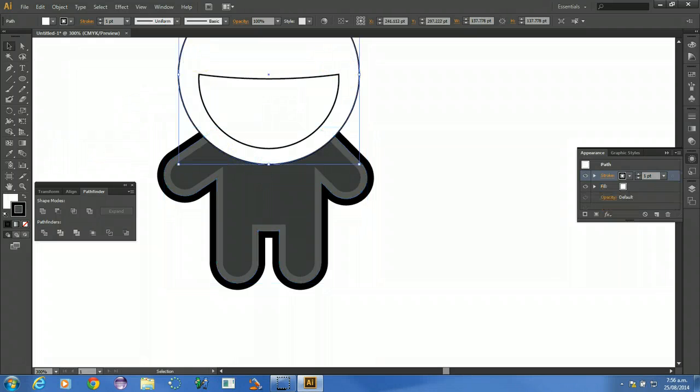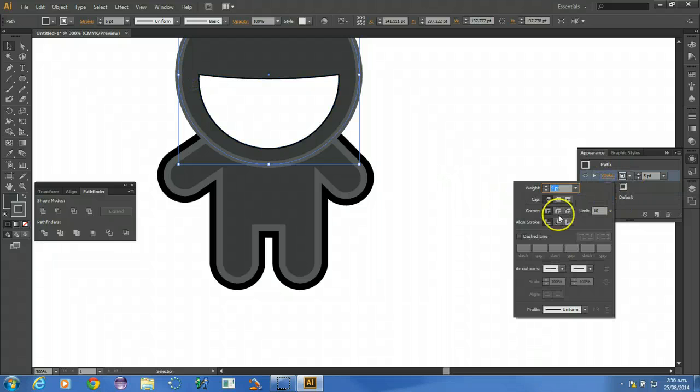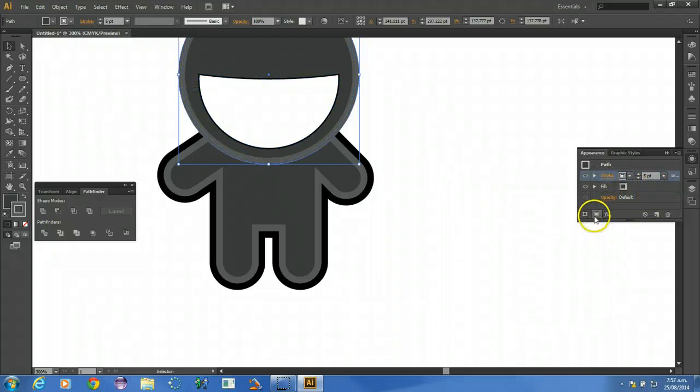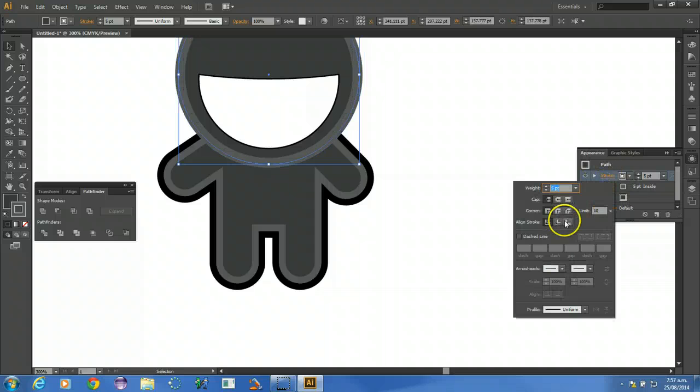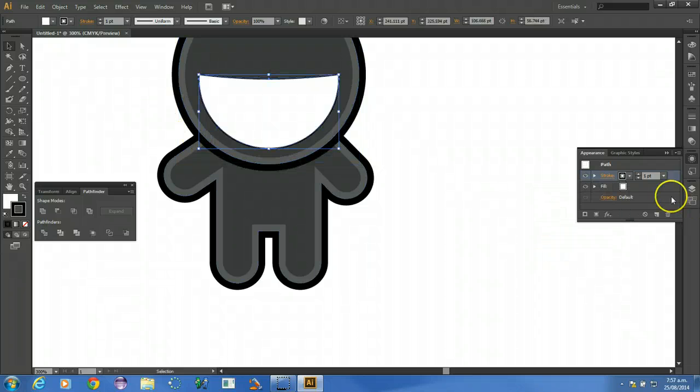Now using the eyedropper, I should be able to click this, and it doesn't want to copy it across, but that's alright. I'll just have to make that same bit there. So that one's going to go on the inside, new stroke, outside, black. Now this one here, the fill color,